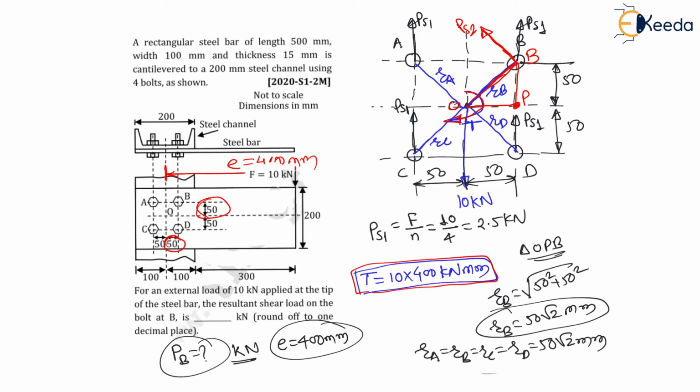Here you can check. If I extend this line, now my dear students, this height is 50 and base is also 50, therefore this angle will be 45 degree. Here this angle is 45 degree theta, therefore this angle which is 90 degree, 2 theta is 90 degree, therefore this will be theta also. This is simple trigonometry that you must know, and in many previous numericals we have seen this trigonometry.